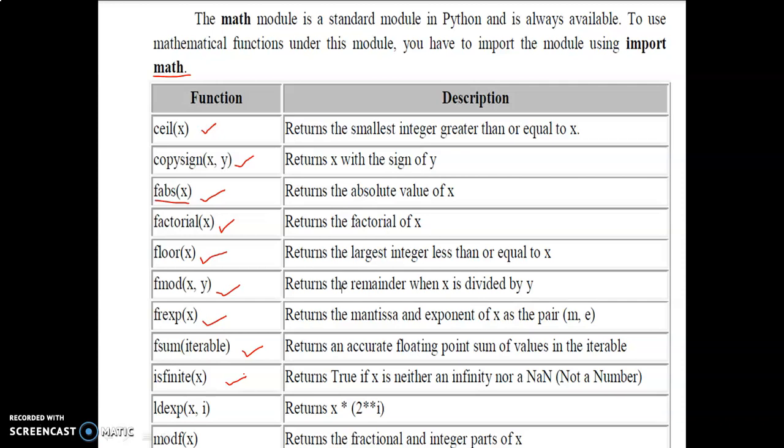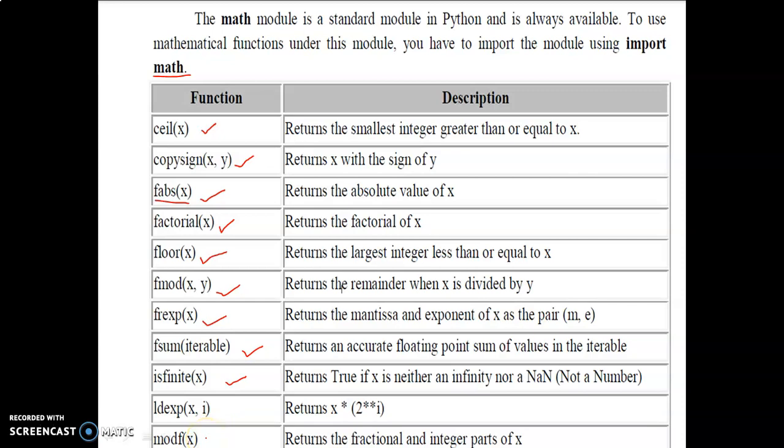Otherwise, it returns false. Then ldexp returns the exponent value of x, that is, x into 2 power i. So it returns the x value multiplied with 2 power i.